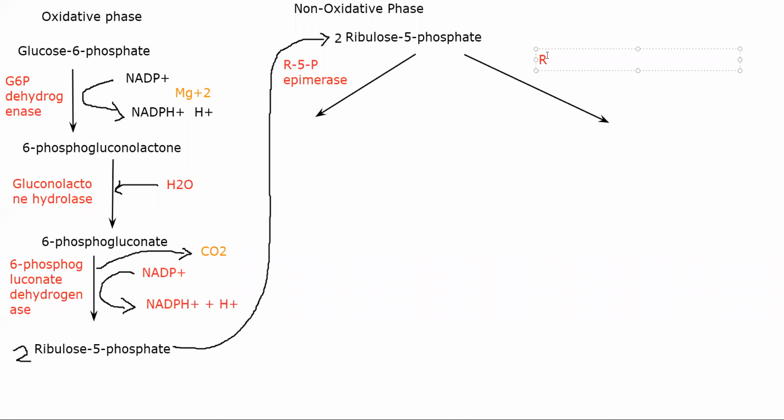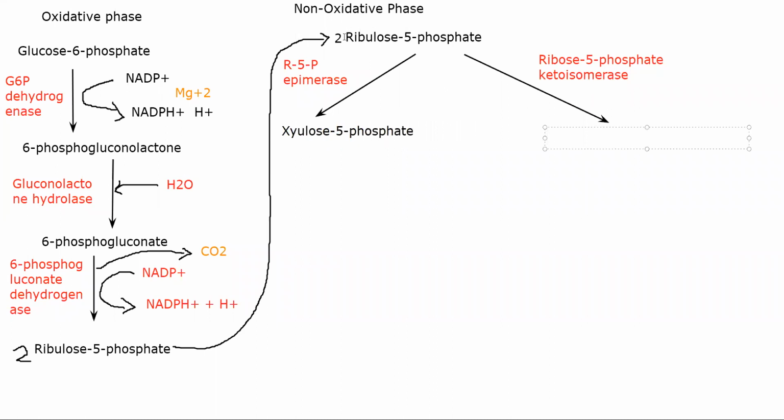The other enzyme will be ribose 5-phosphate ketoisomerase. So it is not ribulose here. Depending on the enzyme that is acting on your ribulose 5-phosphate, you will get two different molecules. R5P epimerase will give you xylulose 5-phosphate. Number of carbons will not change, just their arrangement will change. How they look, that will change. Both of them are still 5 carbon molecules.